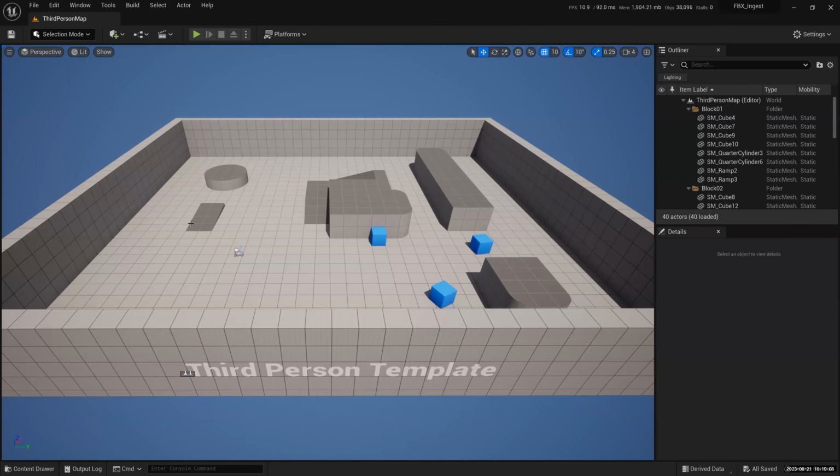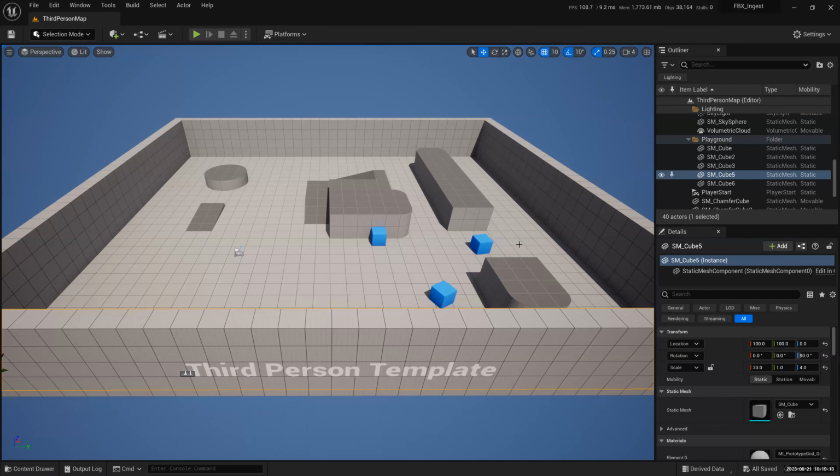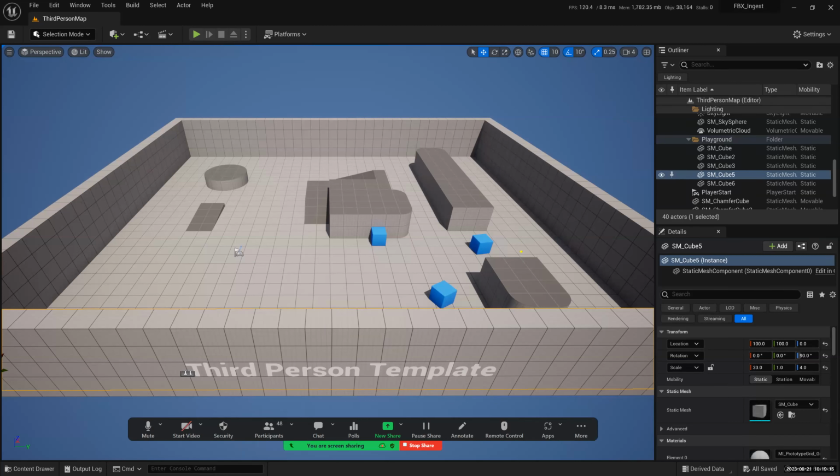Okay, if you noticed, that is the name of the project up here, and that is the level that we are actually opening up. So remember, the name of the project is FBX ingest, and we can have multiple levels in any project. The name of the project is going to be up here. Cool. I just want to tell you guys where things are so you can check whether I'm opening up the right project and the right level. So it's up here.